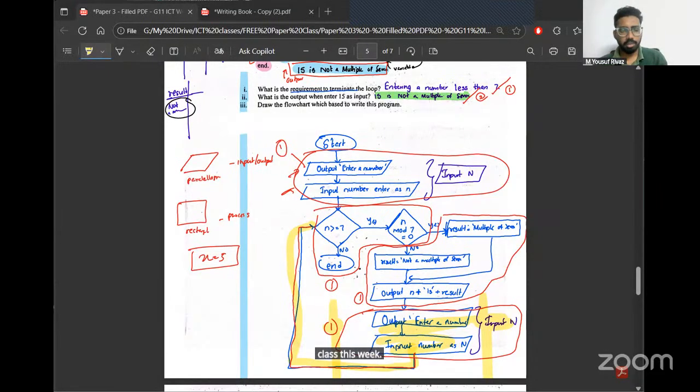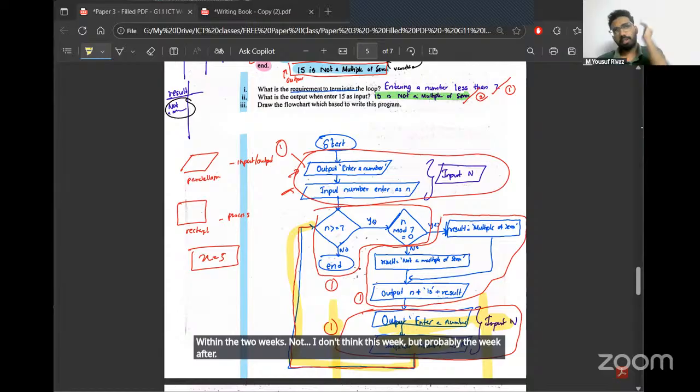Online also, it's getting marked. You will get the MCQ answers early. Let's see. Your marks will be good. Within 2 weeks. I don't think this week, but probably the week after, the next week technically.